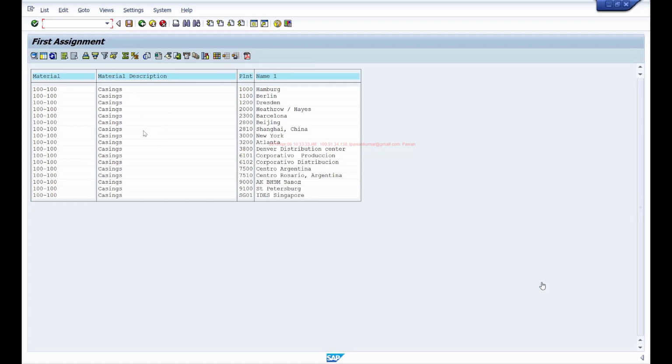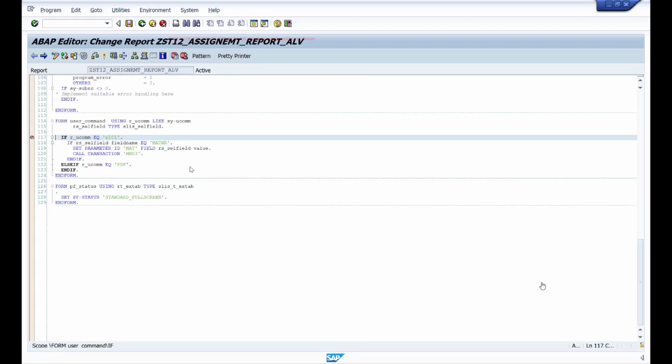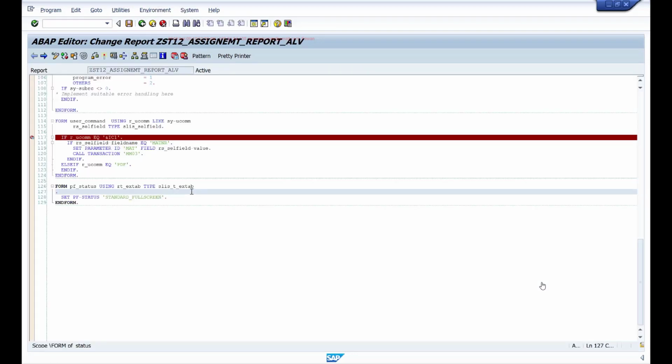Now let's say I want to show this PDF button only if there is some report output. If this output is empty, I don't want to show this button. So I have to dynamically handle this GUI buttons. To do that, I can say data rw xtab like line of rtxtab. rtxtab is an internal table.